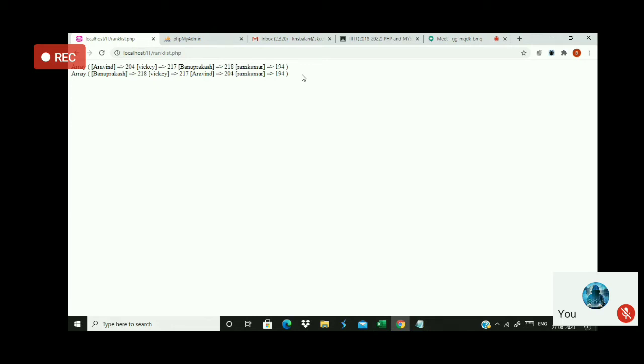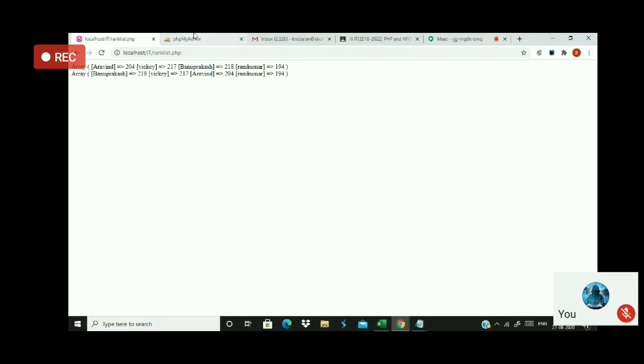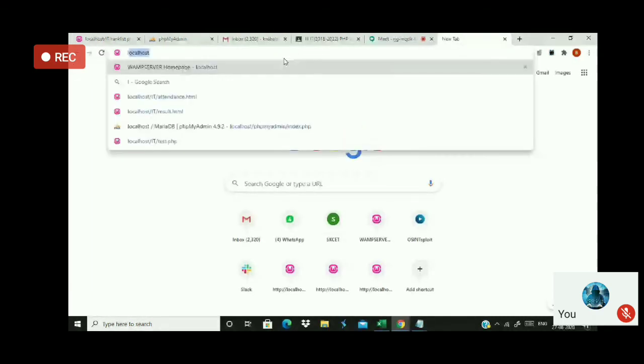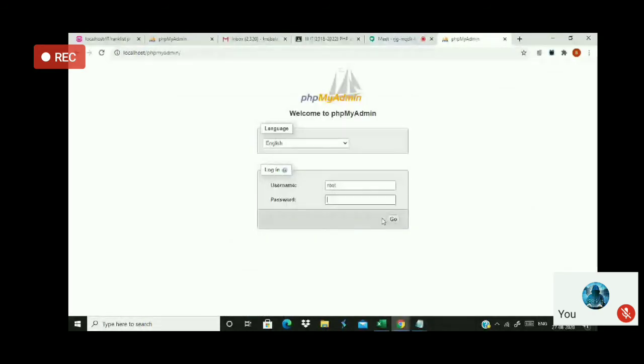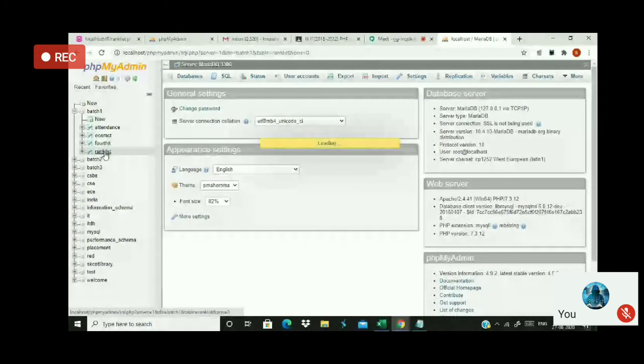Now, how do I push the information inside the database? See here, now check whether the database has been created or not. Because initially there is nothing inside the database, isn't it? Now I'll just go here, type localhost, go to phpMyAdmin. The database name which I have connected is batch1. So the batch1 rank list is created. Yes, it is automatically created.